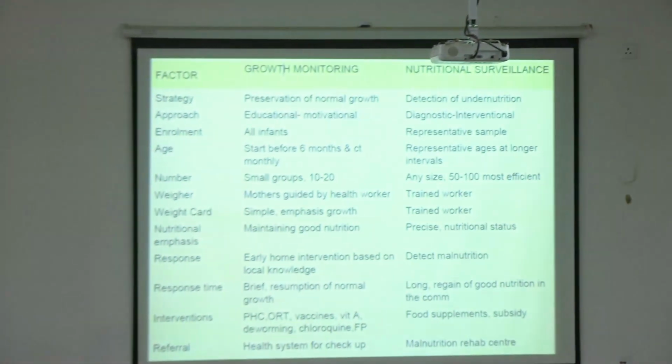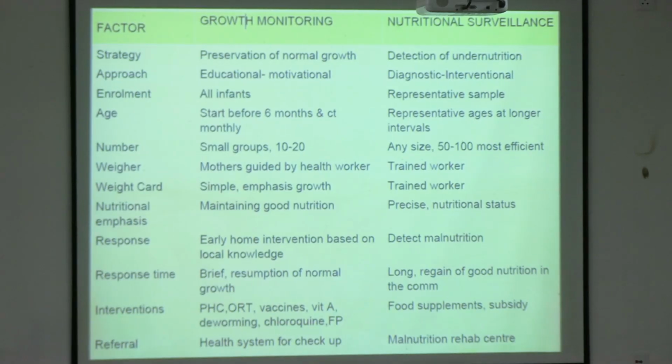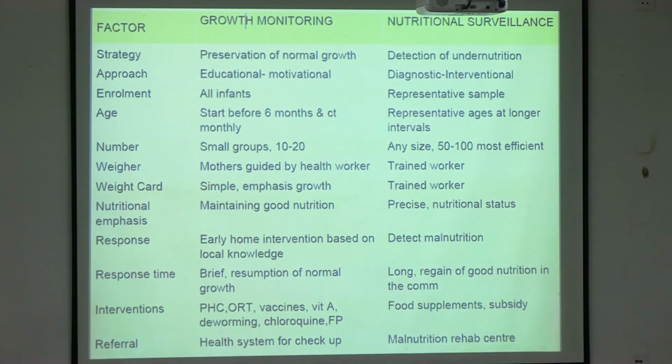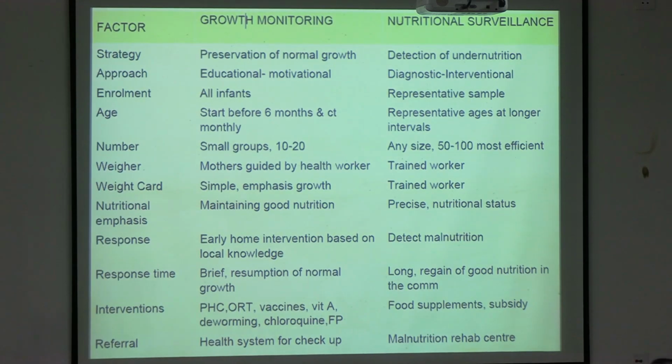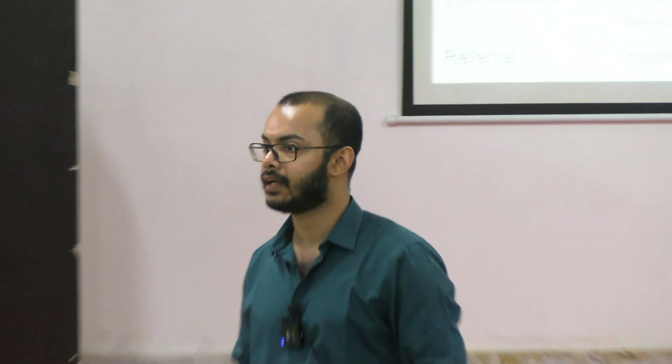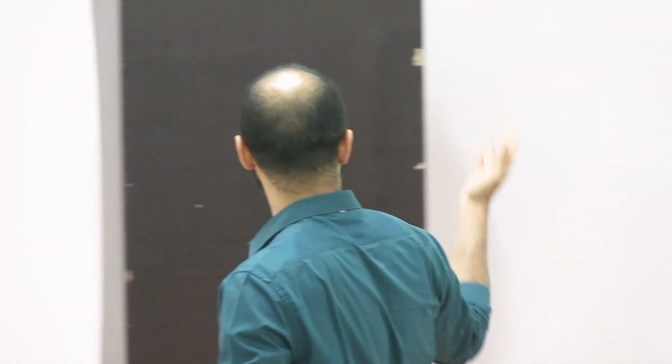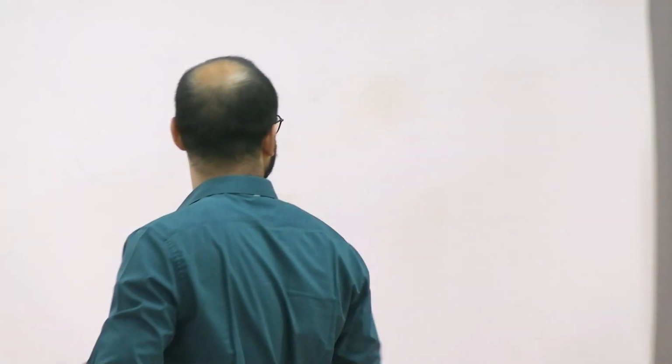There is a difference between growth monitoring and nutritional surveillance. Surveillance requires a sample of population. So there will be a bigger number of sample, 30, 40, 50 people, 50 students, okay? They will represent an entire community or an entire state or country. Whereas growth monitoring is solely dependent on some individual child. ठीक है? And in nutritional surveillance, we are going to intervene. We are going to examine, do some tests, lab tests and all, and collect data. Growth monitoring, we are not going to do that. Okay? And there are many other differences like response time, referral and all. ठीक है?